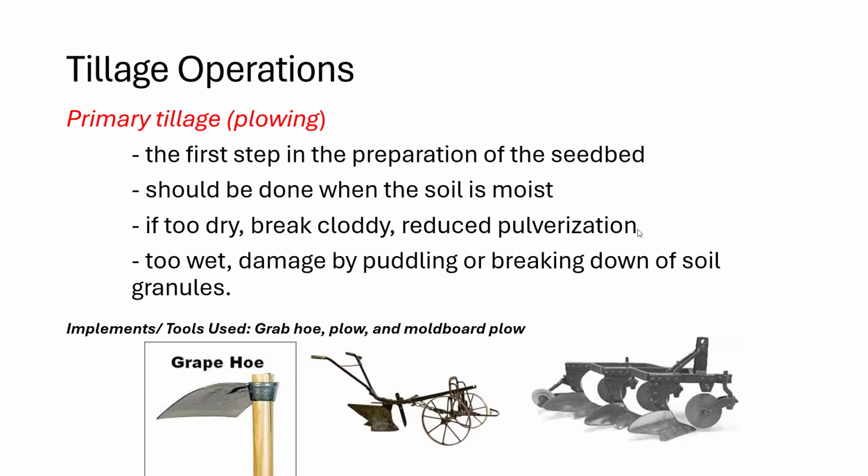soil granules. And you should also take note that the number of plowing is dependent on several factors. And those factors are the soil type, the weed density, the moisture content of the soil, and the planting materials or material to be used. So soil type, it's either... Ano ba yung soil type mo? Is it clayey or sandy? So nakadepende yon yung number ng plowing and also with density.